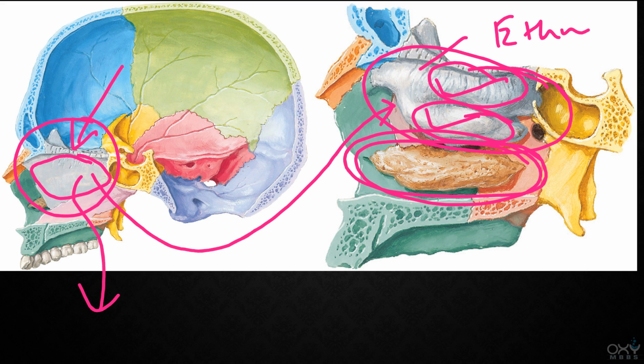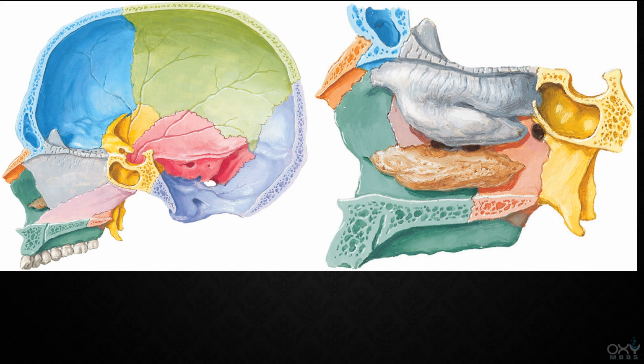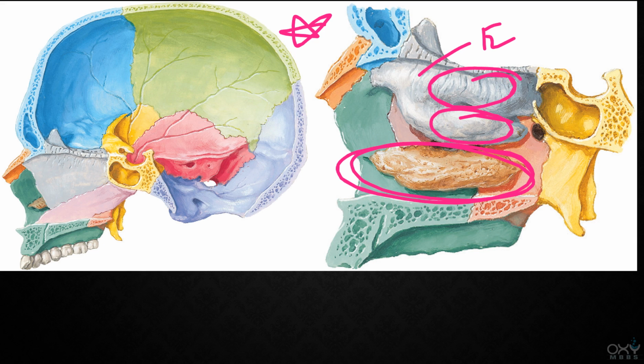but this inferior nasal concha is a separate bone, and it is a bone of the face region, and there is one inferior nasal concha on this side and one on this side. So friends, this is a very important point. And what is that? Superior and middle nasal concha are part of the ethmoid bone, but the inferior nasal concha is a separate bone, and they are two in number, one on the right side and one on the left side.